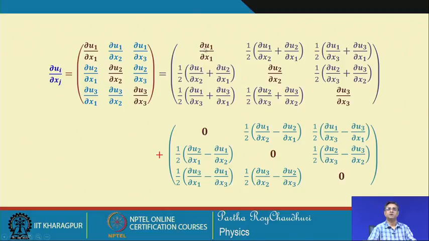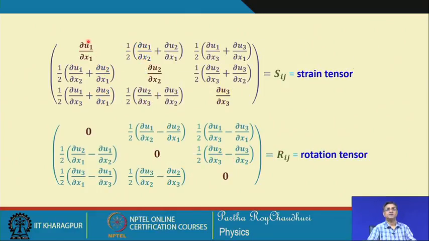So, that sum of the 2 elements, half of that twice, we can write in this form. These diagonal elements will be 0 in the case of the secondary matrix, and if I write the off diagonal elements in this form, the sum of these 2 will be the same as the off diagonal elements. And so, we can write this deformation matrix as a sum of 2 matrices, and let us see what this matrix indicates and what this matrix represents.